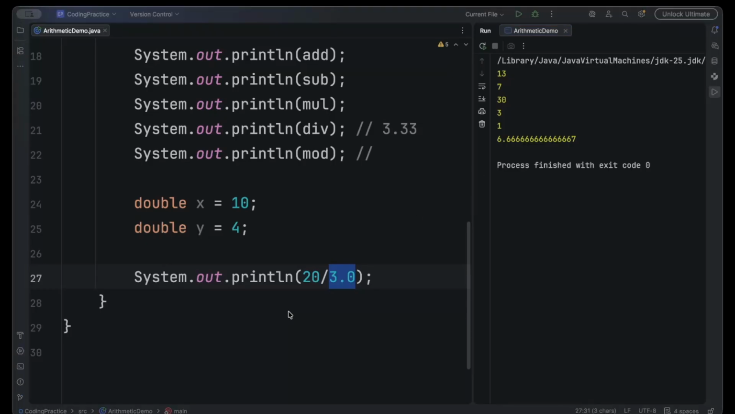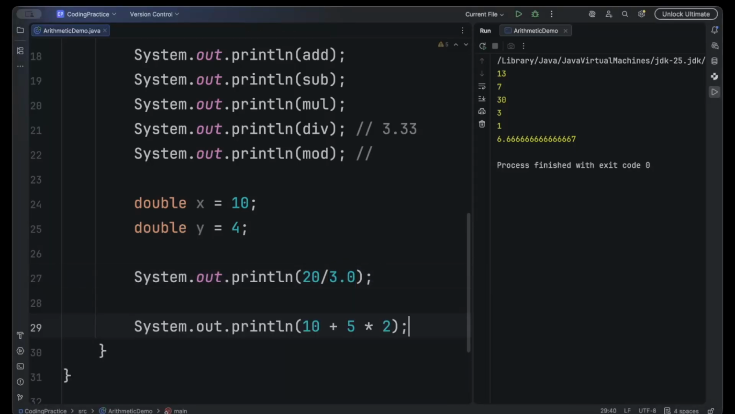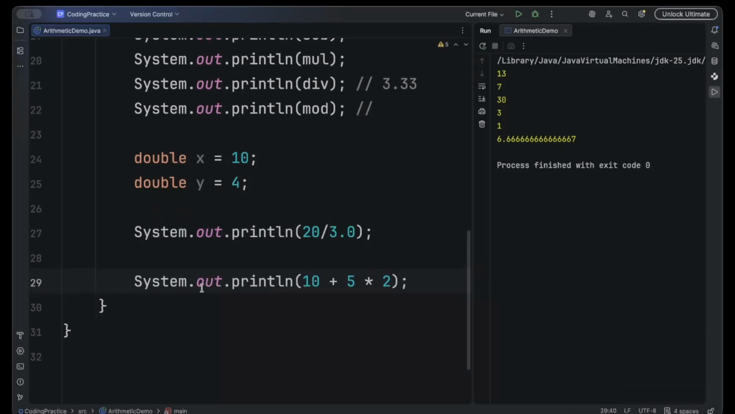We also have something called order of operators, which is known as precedence in Java. If you want to know more about precedence, let me know. I'll create a separate video for that. So let's see an example for this. In this situation we have to know whether it will give 30 or 20. If it's left to right, then it should add 10 plus 5 first,